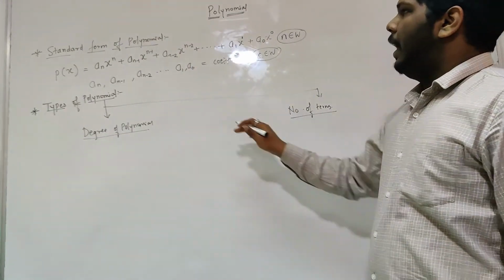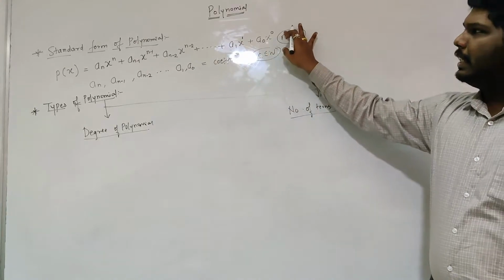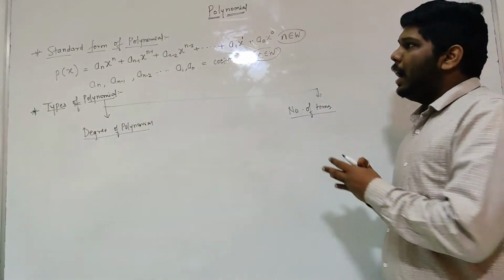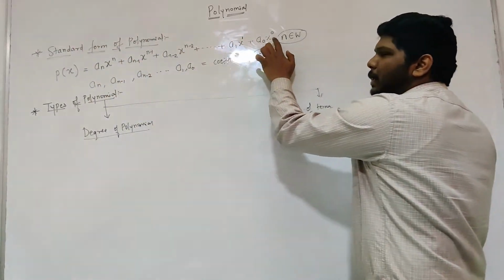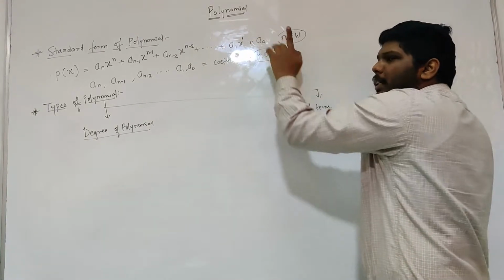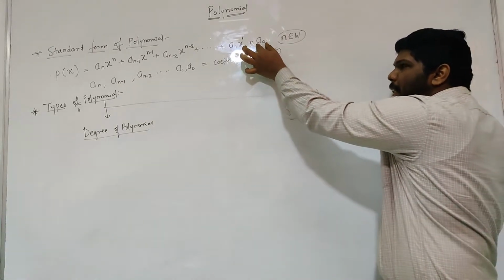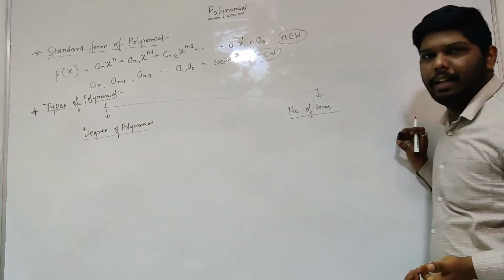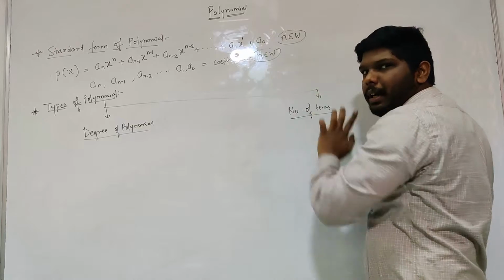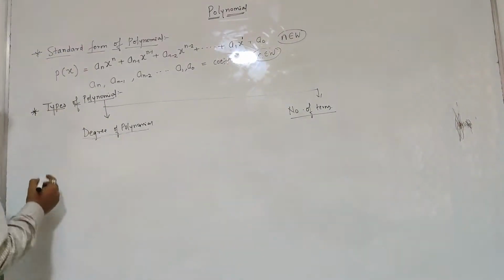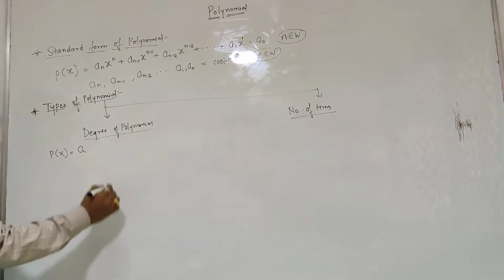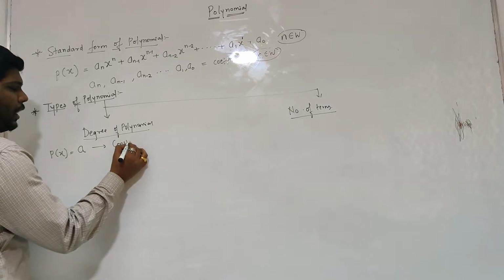Suppose in the standard form, if I just select the last term present in the standard form, that is the last term a_0. It means everything else I am making 0, only the last part I am considering. So in the last part, that is a_0, x raised to 0, I can neglect it because anything raised to 0 is 1 only, right? So when I consider this a_0, I can consider it as a constant. Now what is a constant? A number which is without variable, right? So the last number is our constant number. So if I consider a polynomial p of x that consists of only a constant, only a number, that is considered as a constant polynomial.